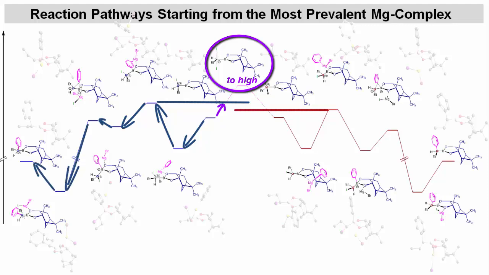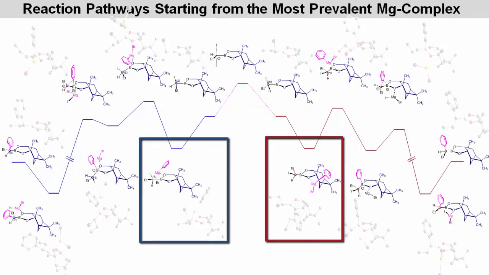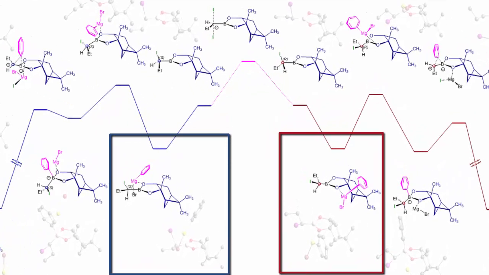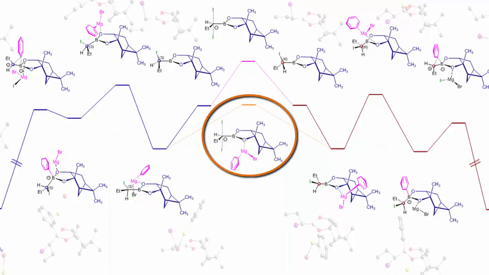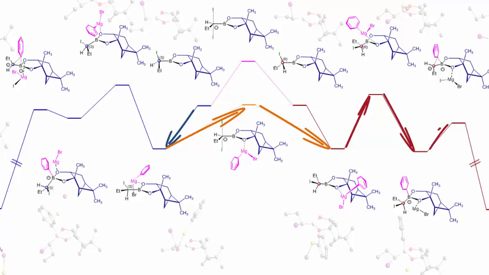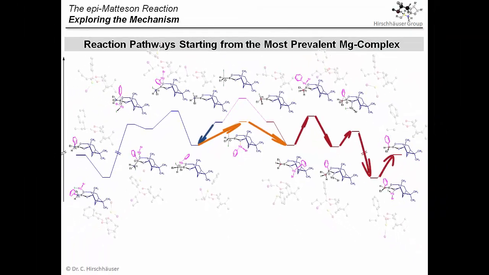But luckily, there is another species in the reaction that is activated for isomerization, namely the magnesium complexes. Coordinating a formally positively charged magnesium atom to the boronate oxygen increases electrophilicity, and thus epimerization can occur with a lower activation barrier. So, some of the magnesium precomplexes allow for setting up a fast equilibrium, and thus lead to a typical Curtin-Hammett situation. And this funnels the undesired diastereomer towards the epimedicine product.